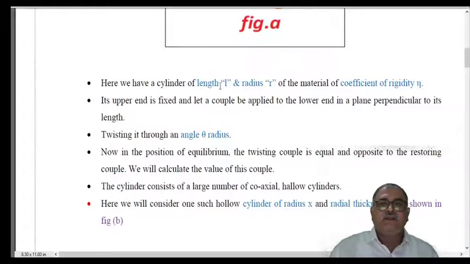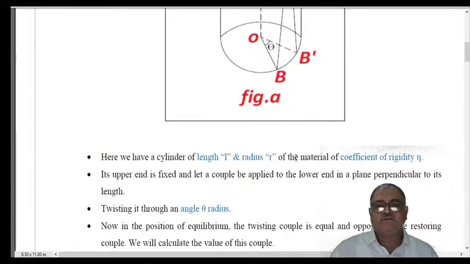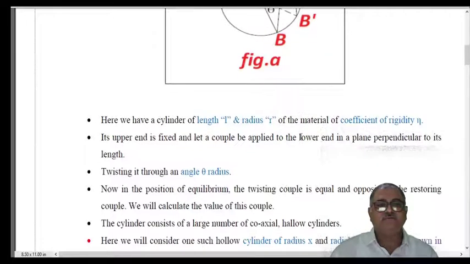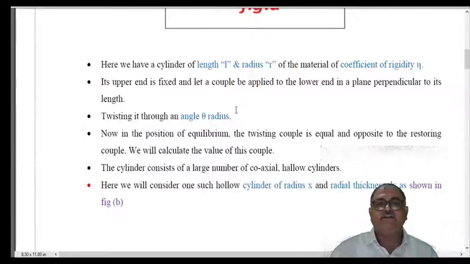the upper end of this cylinder is clamped. Due to that clamping, the twisting is possible, and due to which the couple is applied to the lower end in a plane perpendicular to its length. Then the twisting of this cylinder, just now we have seen that it is twisted through an angle of theta